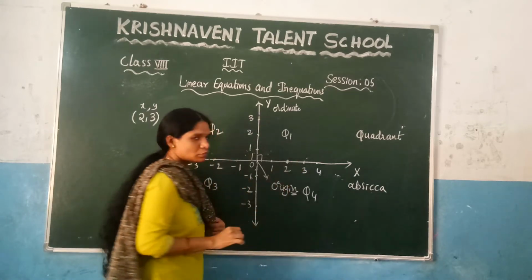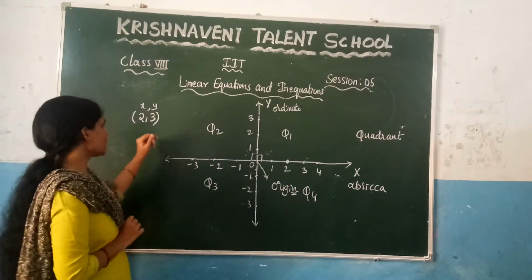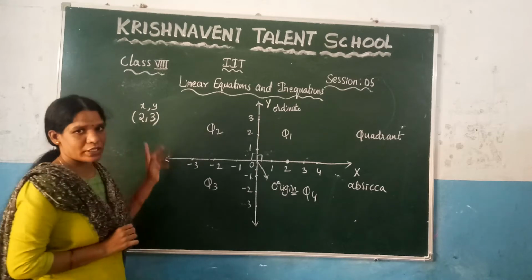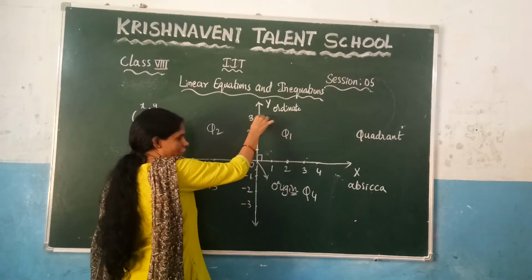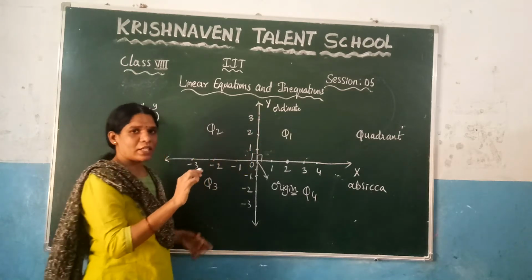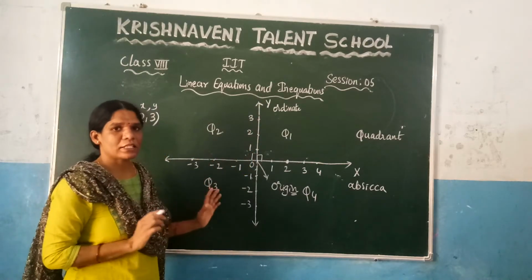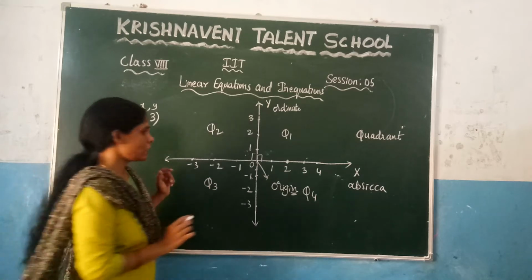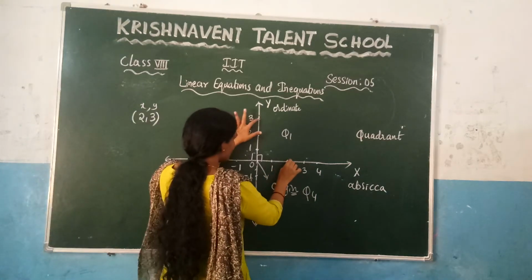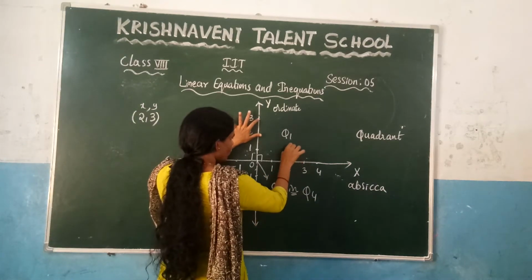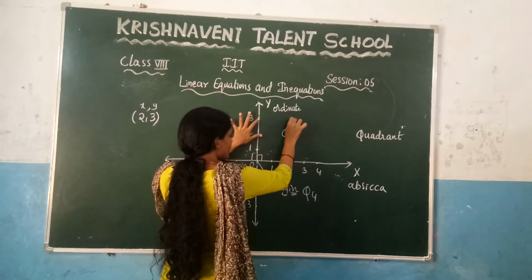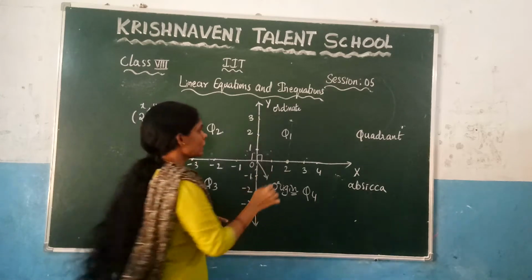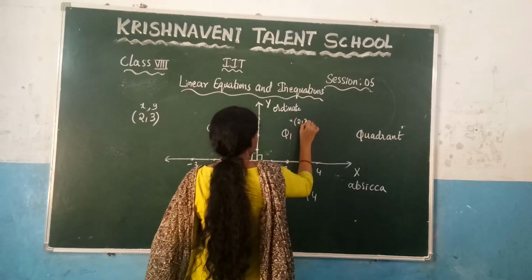After that you need to check in the y-axis where 3 is located. This is the y-axis and you know that this is 3. Now you need to check where these two points intersect. That point is nothing but (2, 3). Here this is 2 and this is 3. If you go like this and like this, it intersects at this point, and that will be the point (2, 3).